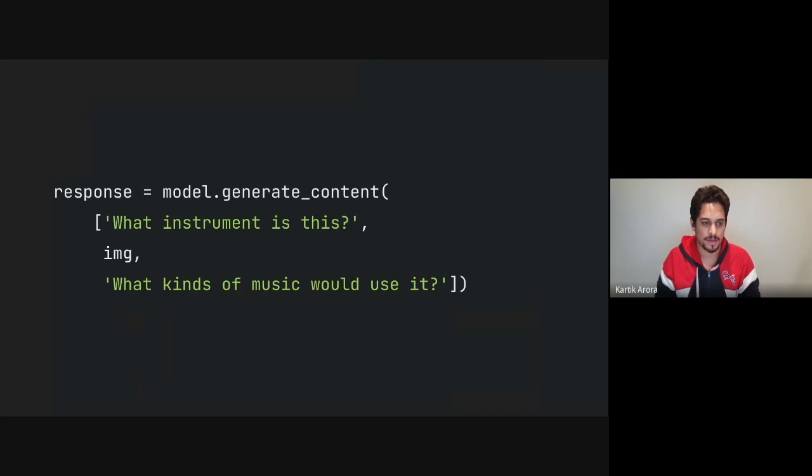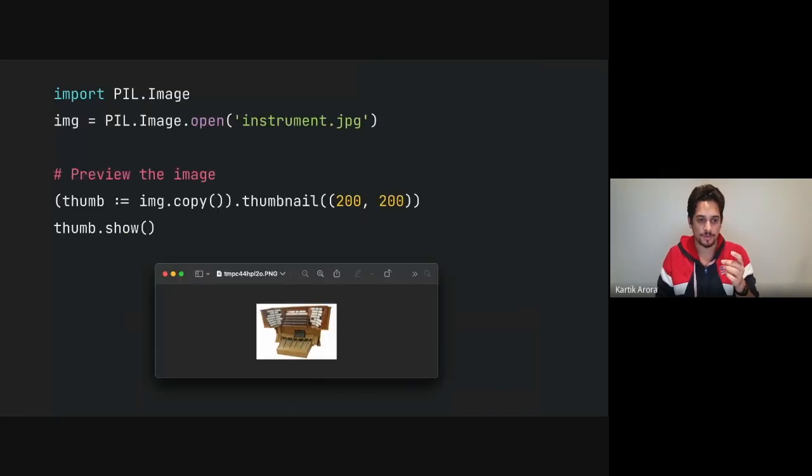And then we use this kind of syntax where we layer the prompt in a list this time. So what instrument this is, the image object itself from Pillow, and then what kind of music would use this particular image. So we've seen this image. It might be a little small here, but for your understanding, it's a pipe organ.